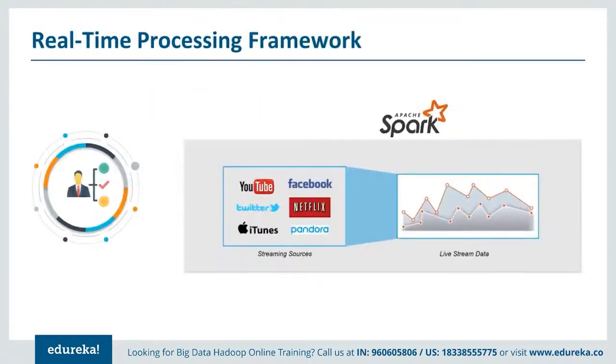The next skill I'm going to talk about is real-time processing frameworks. Real-time processing with quick actions is the need of the hour, either to detect fraudulent transactions in a credit card system or for a recommendation system. Each and every one of them needs real-time processing, and it is a very important skill for a data engineer to have. Apache Spark is one such distributed real-time processing framework which is used in the industry rigorously, and it can be easily integrated with Hadoop leveraging HDFS.